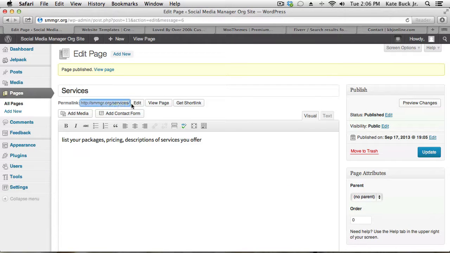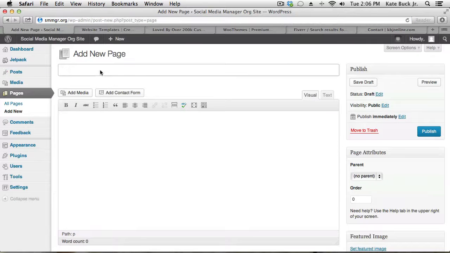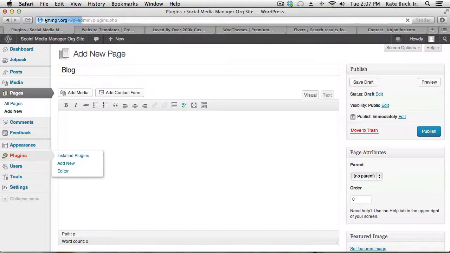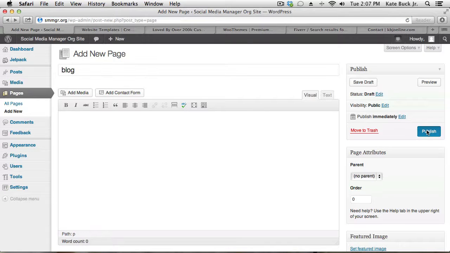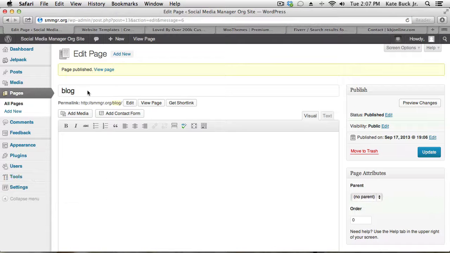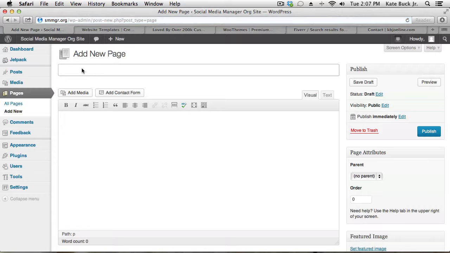Notice that that services URL got created automatically when we put the title in there, which is pretty cool. So now we're going to click update. Let's add a new page. We're going to call this the blog, but we're not going to put anything on it. We're going to come back to that in a second. I'm going to come back here and I'm going to put the contact us, and